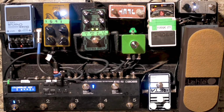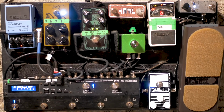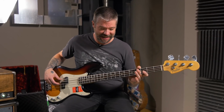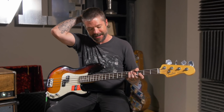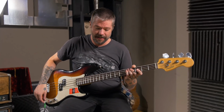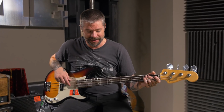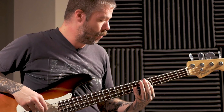I have the Boss ES5 switcher here that routes my mostly nasty dirt pedals. I don't have a lot of modulation on my board right now because the first tour I did with the Boss was our tour with Obituary, and we were trying to come out swinging with more of our aggressive songs. I didn't really need a delay and a reverb and all this other stuff for songs that are mostly just crunchy. So I just have a chorus going on so I can get a little bit of my Pete Steele worship here and there,